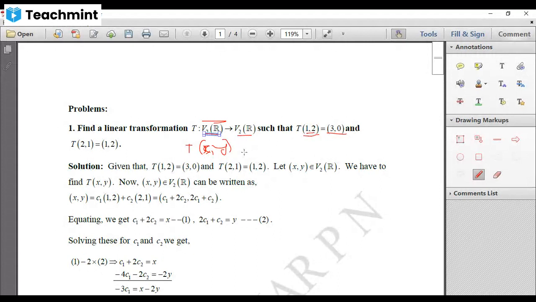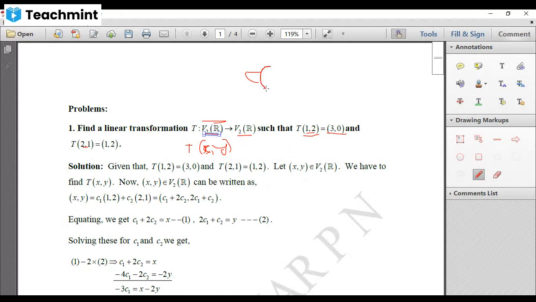So you express ordered pair x comma y as a linear combination of 1 comma 2 and 2 comma 1. Linear combination means you have to write ordered pair x comma y as some scalar, say c,